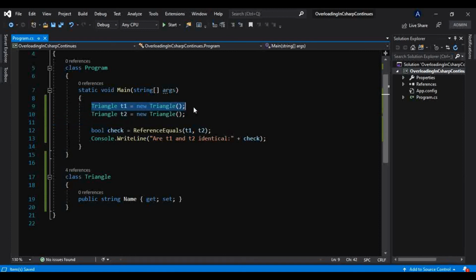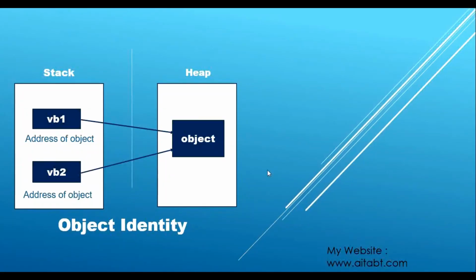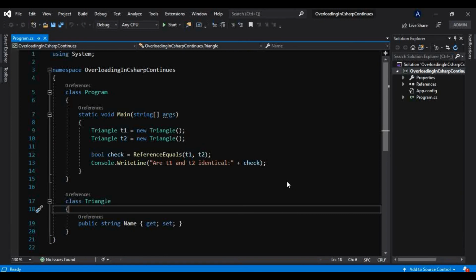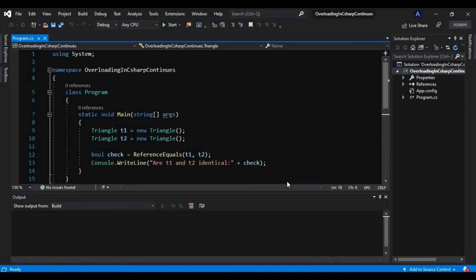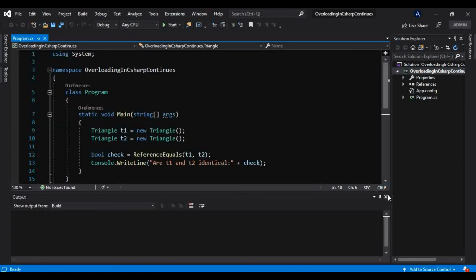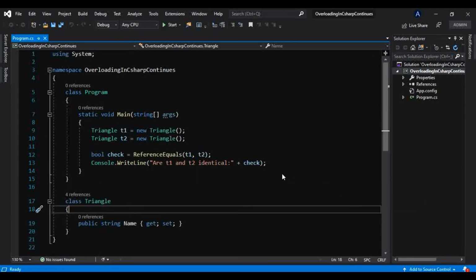Both are pointing to different instances in memory. That is why this will return false. Okay, so it is printing false, and that is what object identity and object equality is, that is the phenomena of object equality and object identity.